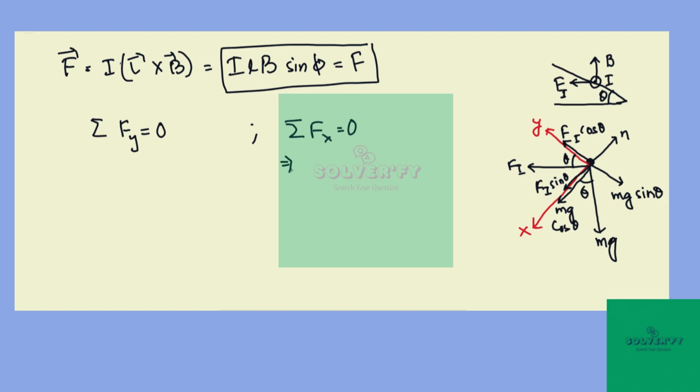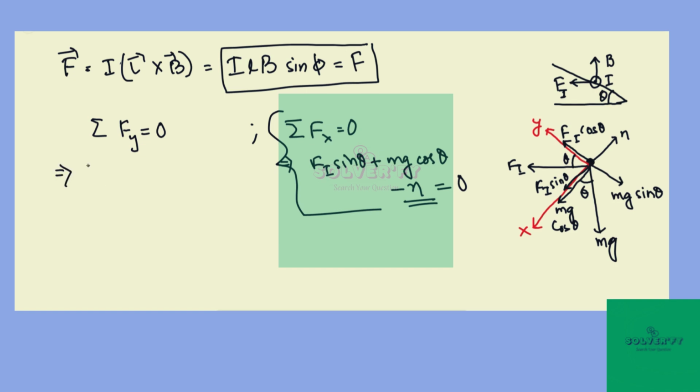So this is going to be F sine theta plus mg cos theta, these two forces, minus N, because it is in the opposite direction, equal to 0. But we don't need the normal force here, so we can ignore this calculation. So we go with the net force along the y direction to be 0, and this gives